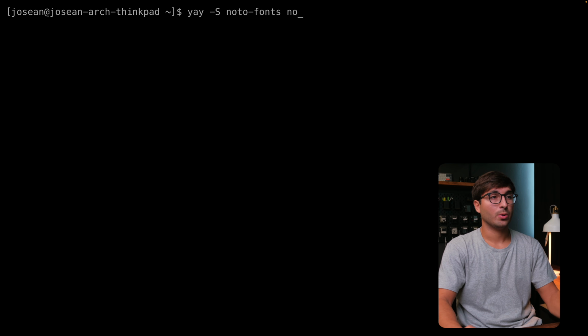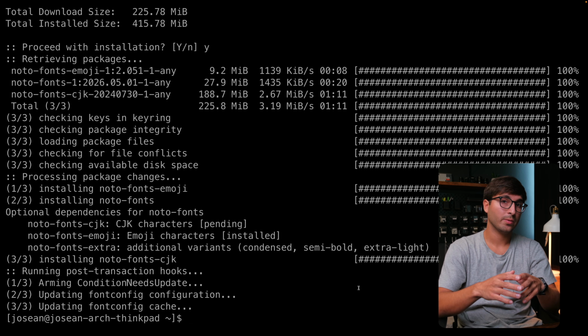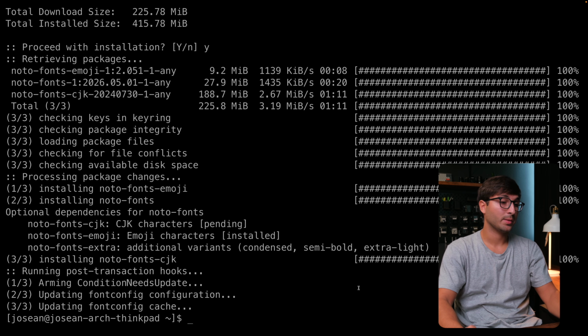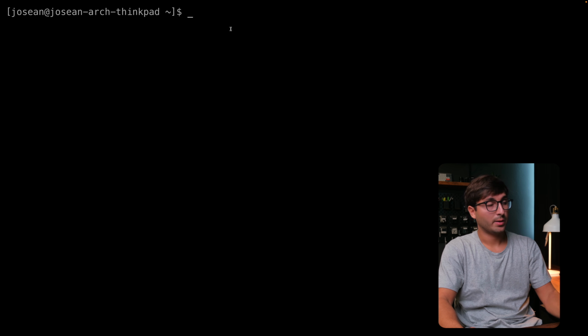I also like to have noto-fonts-cjk for international characters, and noto-fonts-emoji for emojis. This isn't necessary right now, but in the future when you install fonts, you can update the font cache by doing fc-cache -fv. Finally, we can actually start Hyprland with start-hyprland,